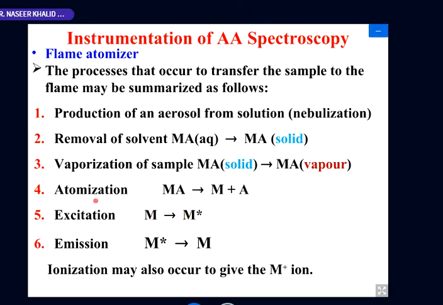So we will be restricting ourselves up to this level. If, for example, this energy is too high, if the excitation energy goes high, this electron will go out of this atom. We say that the ionization process is taking place. And when the ionization